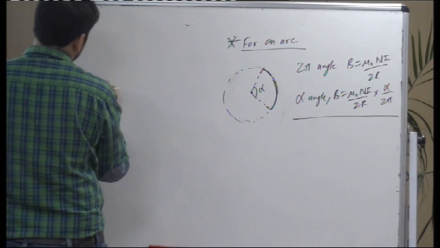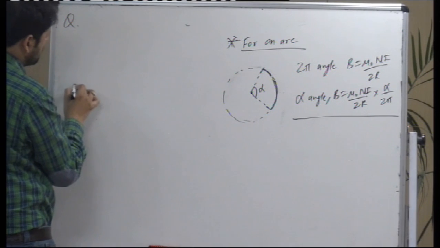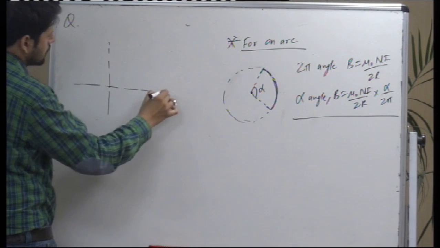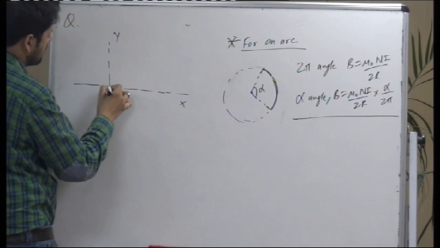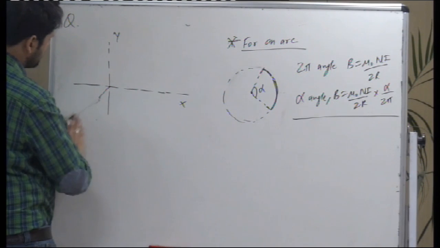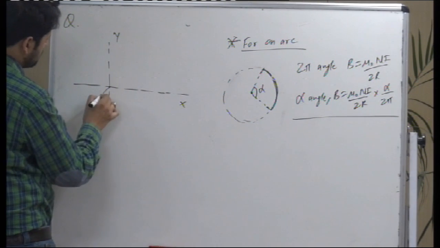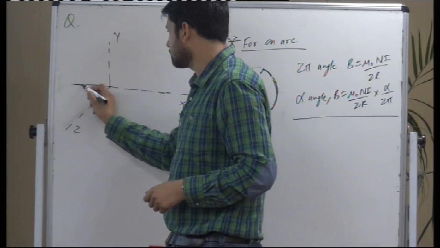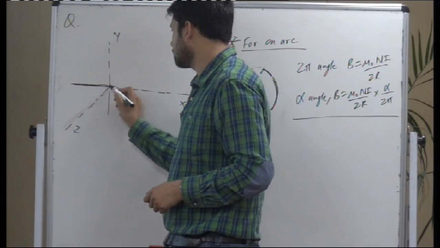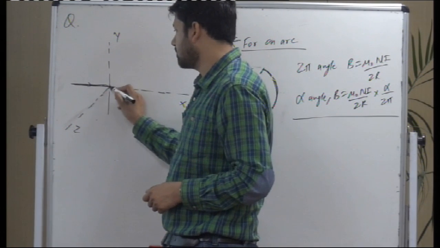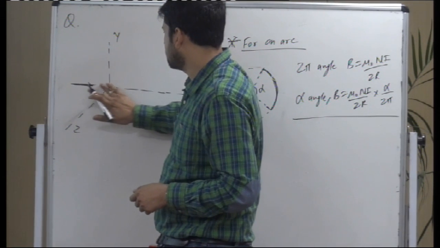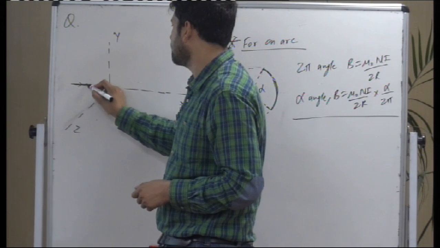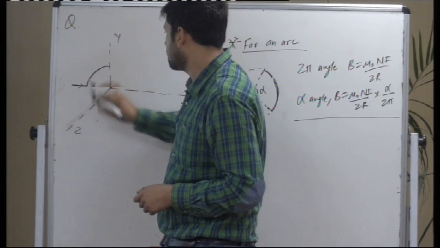Now the question is, the first one is easier. The x-axis, y-axis, and the z is in the outward direction. Right? So what happens? Current comes in. At this point of time,